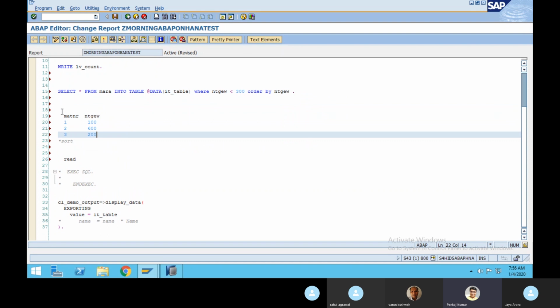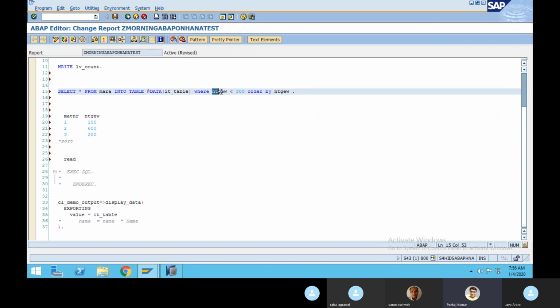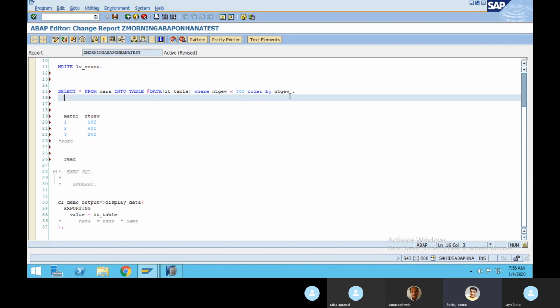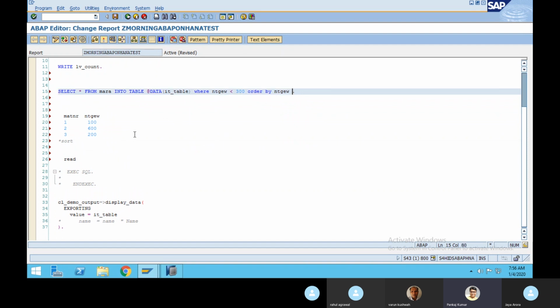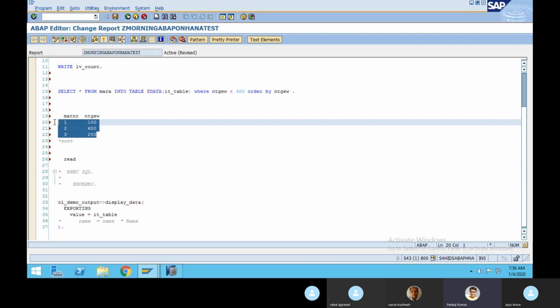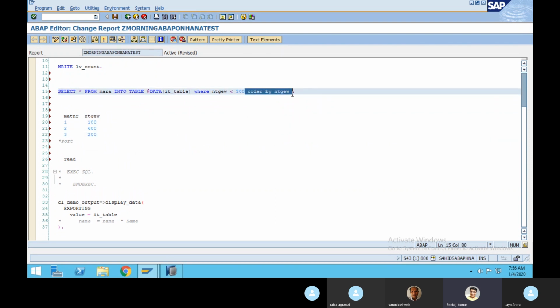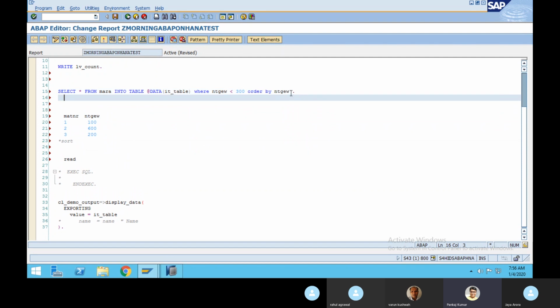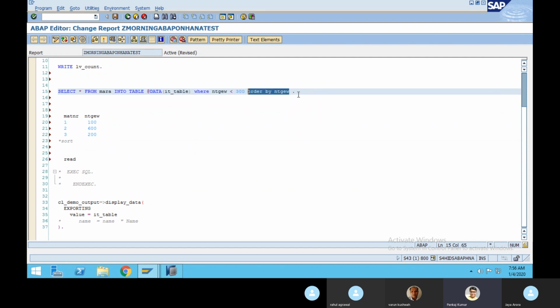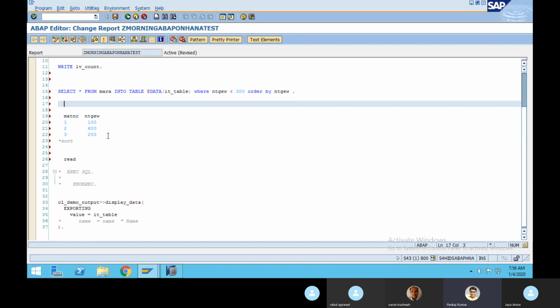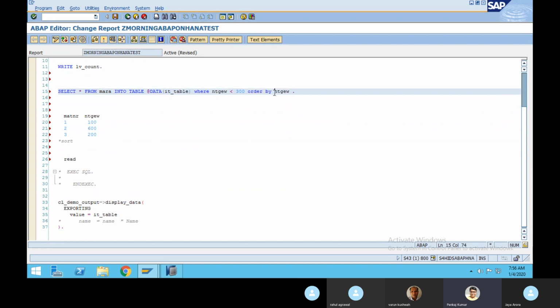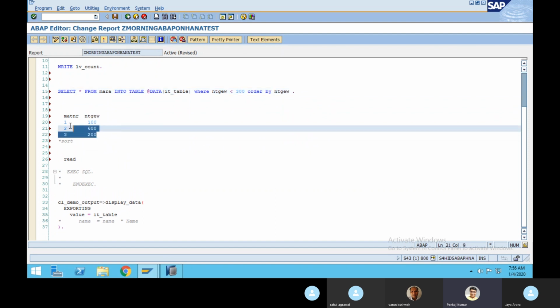When you write where NTGEW is less than 300, what will happen if you have not sorted? Most of the time it will give you the correct result, even if you don't sort. But it has been observed in HANA database that if you don't sort, you cannot rely on the result.